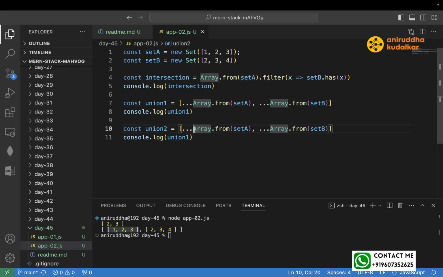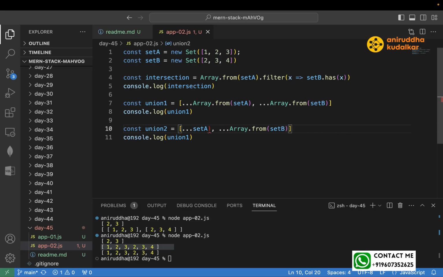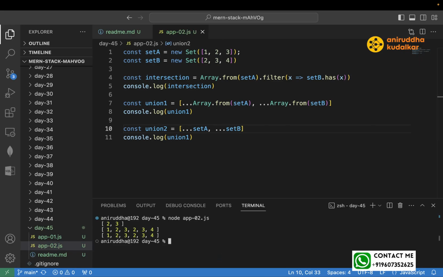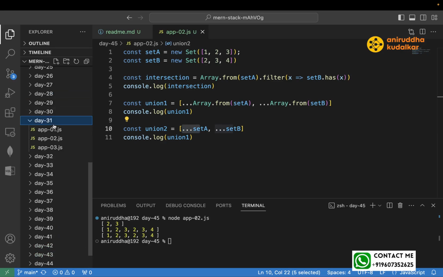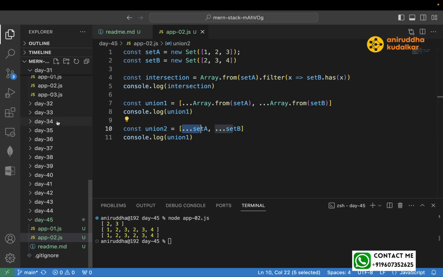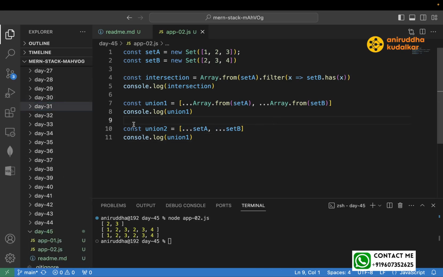So what you will do, either you can write like this, and if you see the output, you will get to know. Can you see here? So it is coming from here, one and the same. In this case, you don't even need this array. And this thing is called the spread operator. Did we study this before? I think not. But no problem. We have a separate session on this. But for right now, the meaning of this is just,